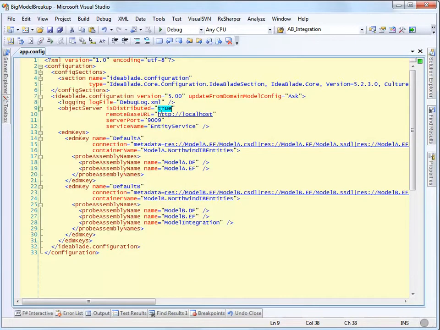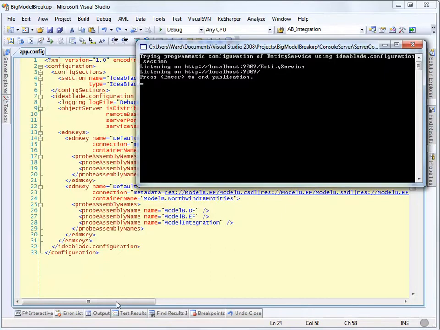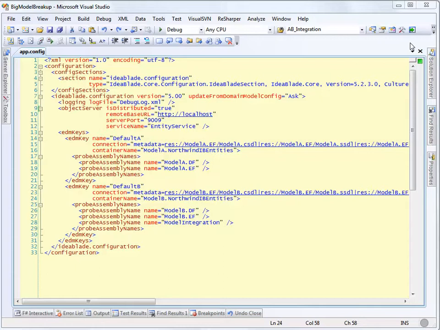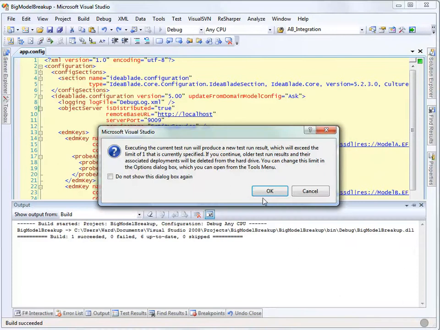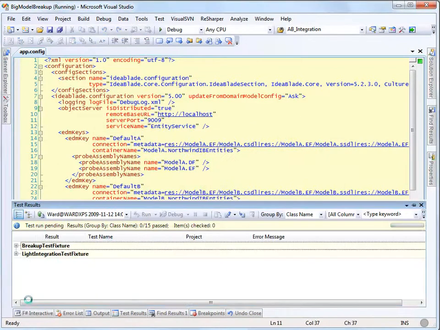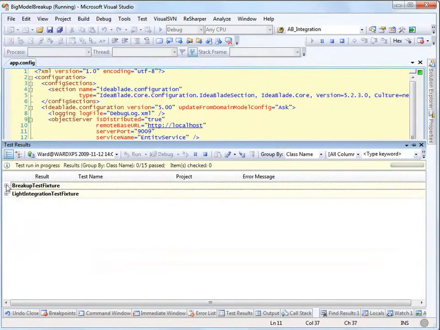Okay. So once you've satisfied yourself that this runs n-tier as well, the thing that you want to do is restore things. So we'll just set this back to default. Well, no, I'll leave this here like this so you can see what happens if you forget to do it. What I will do though is I will bring back the server and I will shut the server down. Okay. Now that I've shut the server down, if this is truly n-tier and I try and run these tests again, I'm fully expecting that this should all fail,